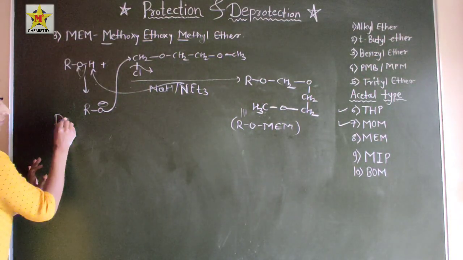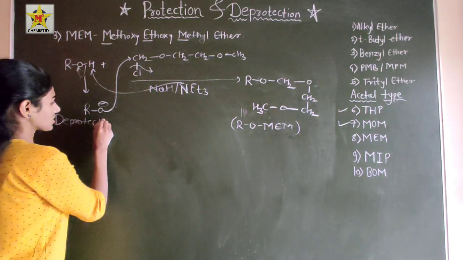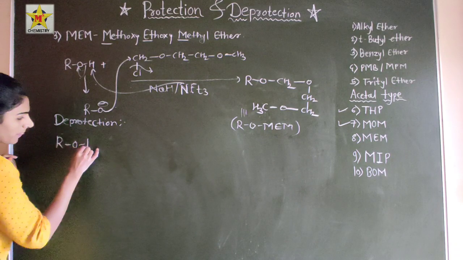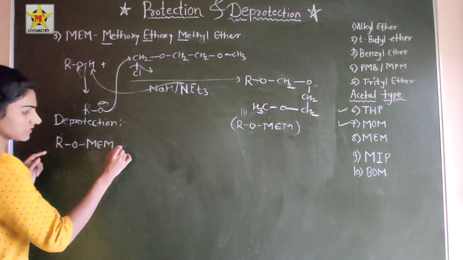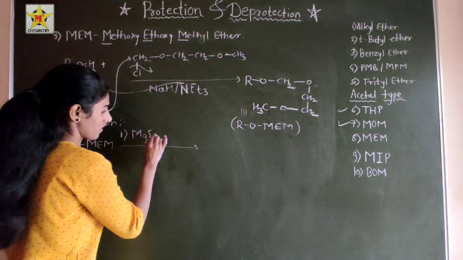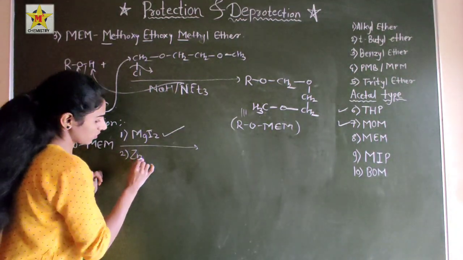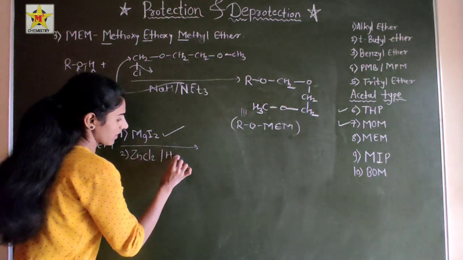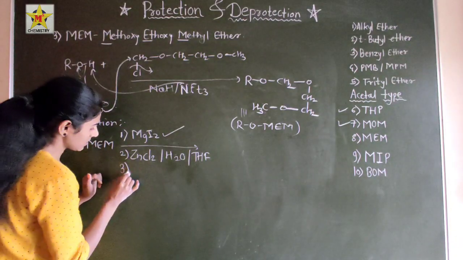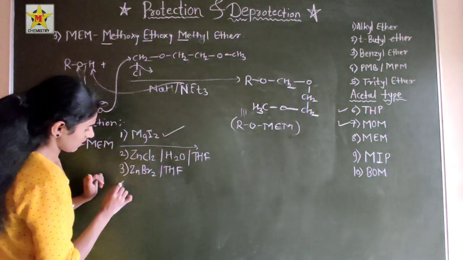So for deprotection of this MEM reagent, ROMEM, we can use MgI2 selectively. We can use MgI2 or zinc chloride in presence of H2O, in presence of THF. Okay, then zinc bromide in presence of THF. Then the fourth one is